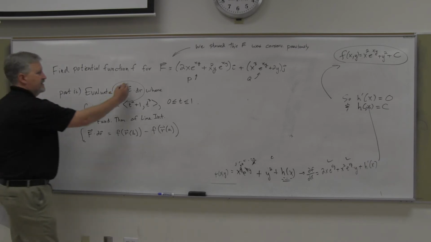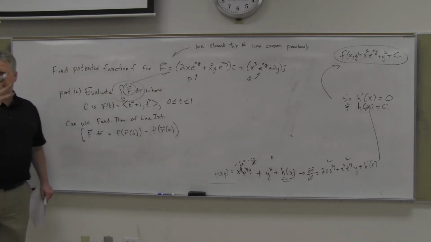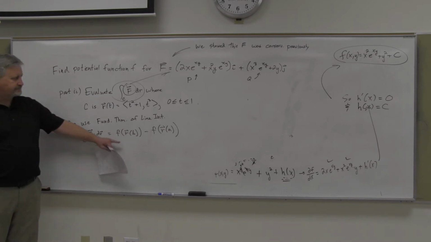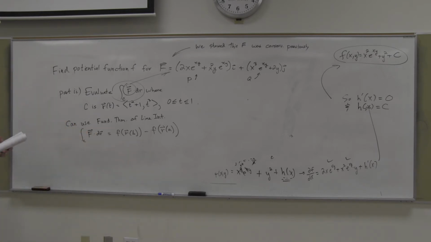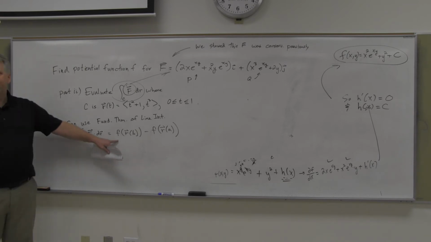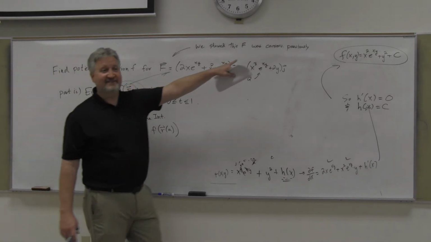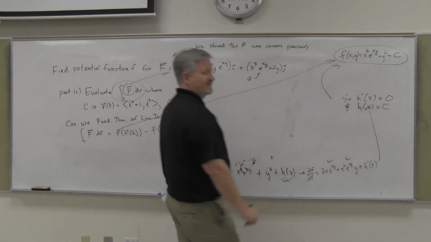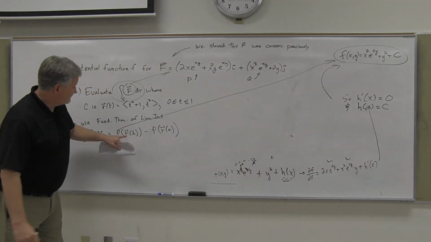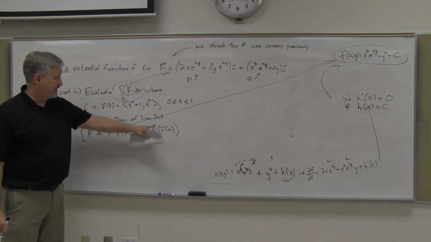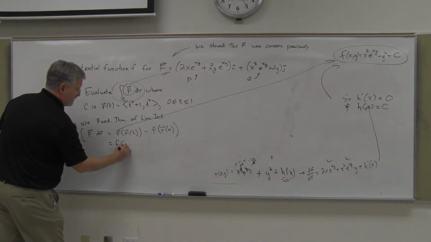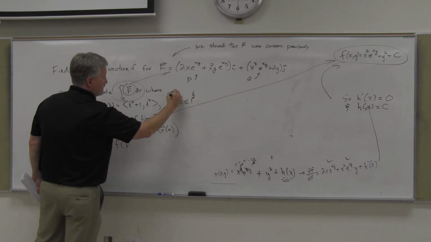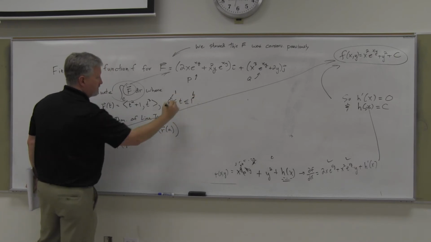This f that we're talking about is part 2 of this particular problem. What's my f? That's my potential function right here. So all I have to do is figure out r of b and r of a. In this case, it'd be f of r of b. This is b, this is a. Just the r function evaluated at the